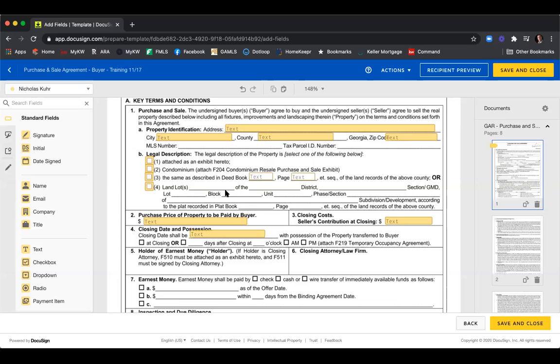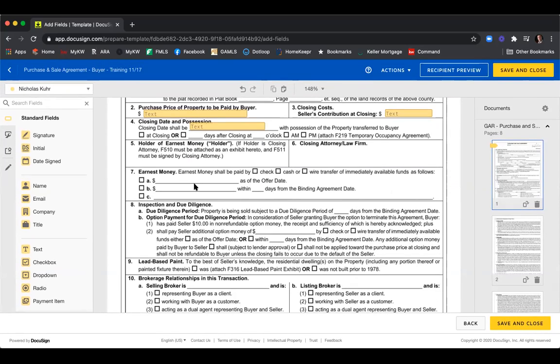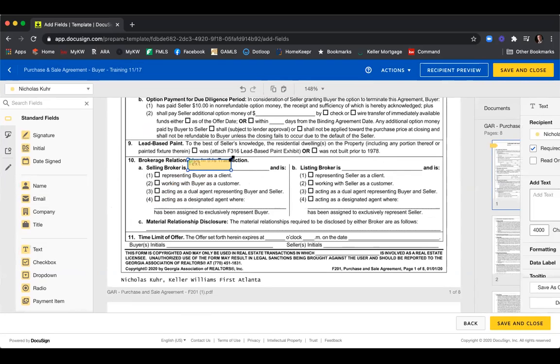And you don't want to do that here for land lots and all the rest of the fields. Scrolling down, I would just continue to add text box, checkbox, text box, checkbox, all the way down. Here I can add my name. So selling broker, oh, sorry, I do not want to add my name there. I'm just going to add a text box because I wanted this to read